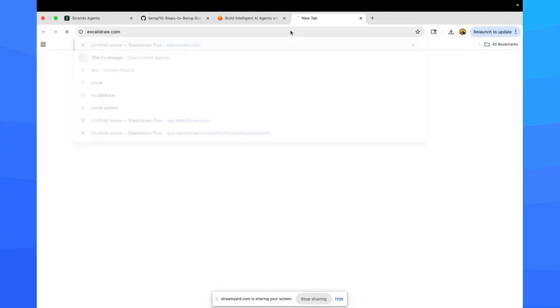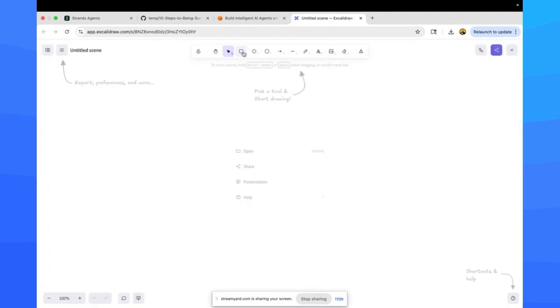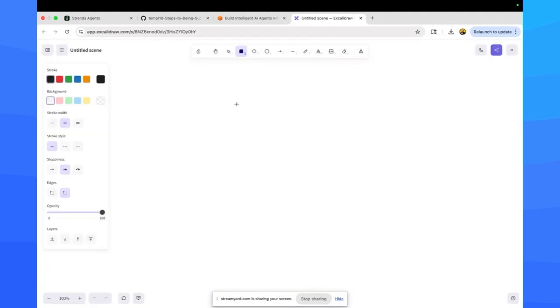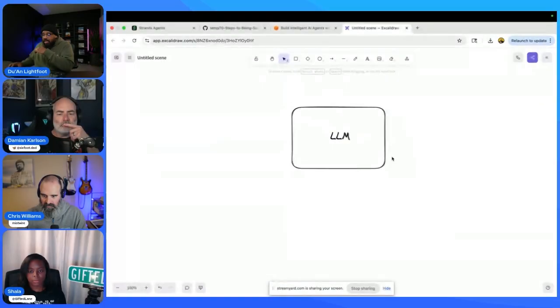So let me pull this up real quick and let's think through this, because if we're talking AI, we have to go through a Scholar Draw. If we have an LLM, and you've all used Claude or ChatGPT, it has this context.